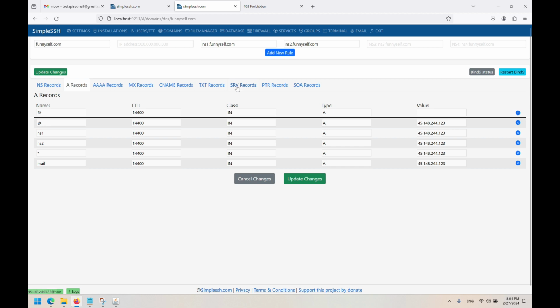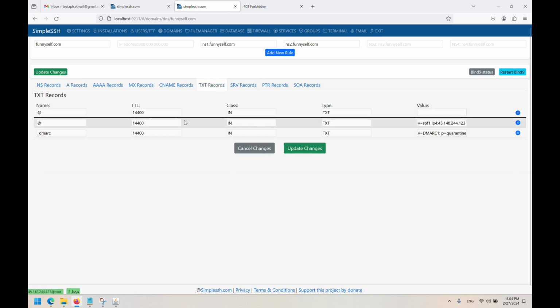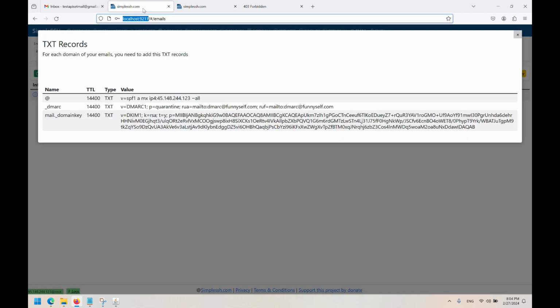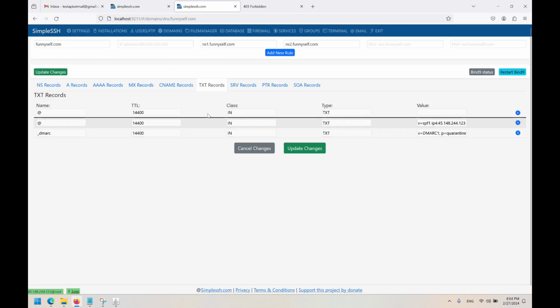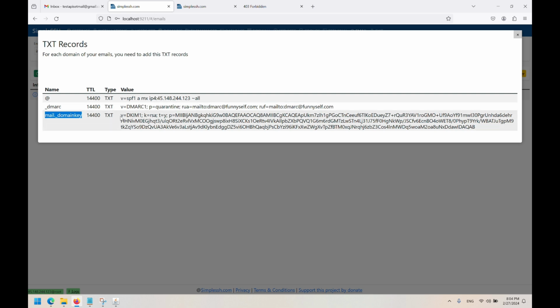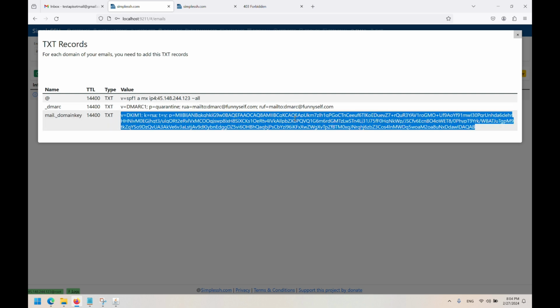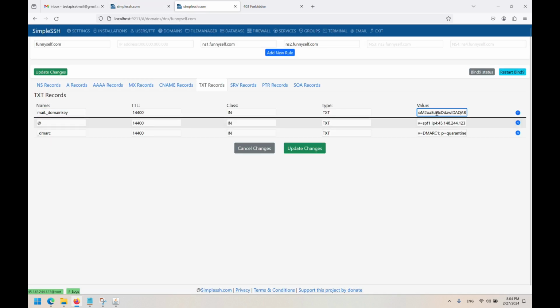I go to text record, and I need to add one more text. So copy the mail, and copy this one, copy, paste,